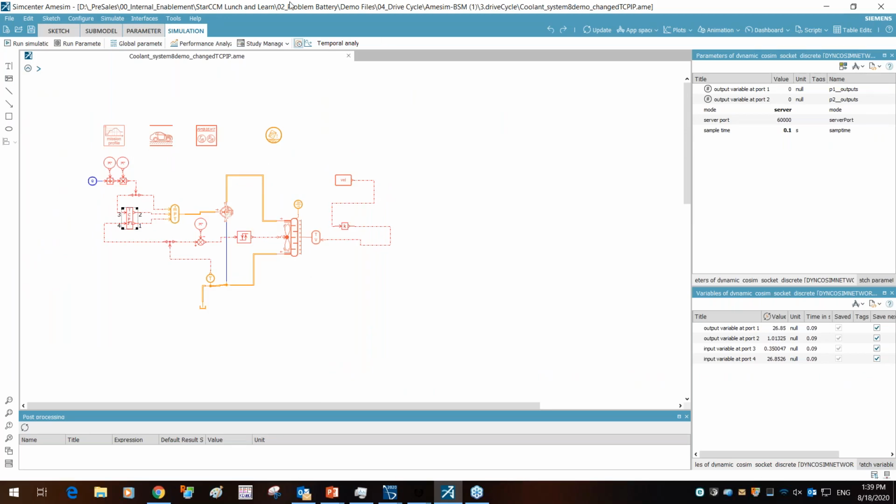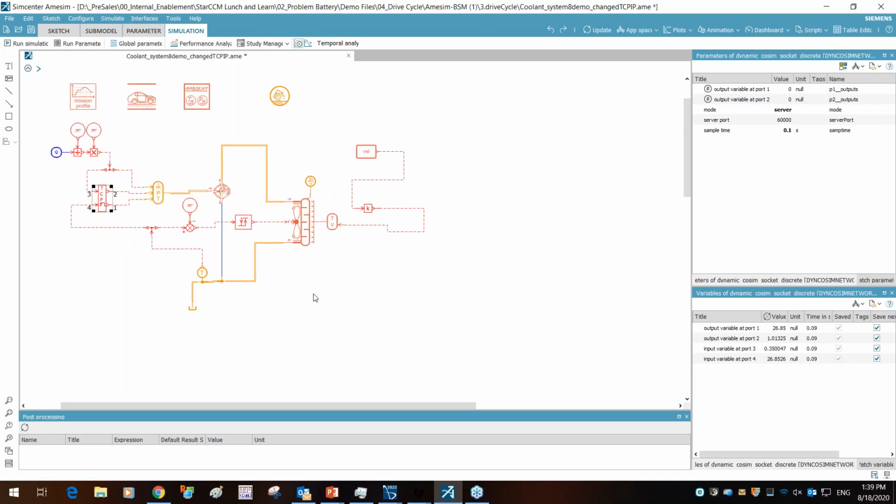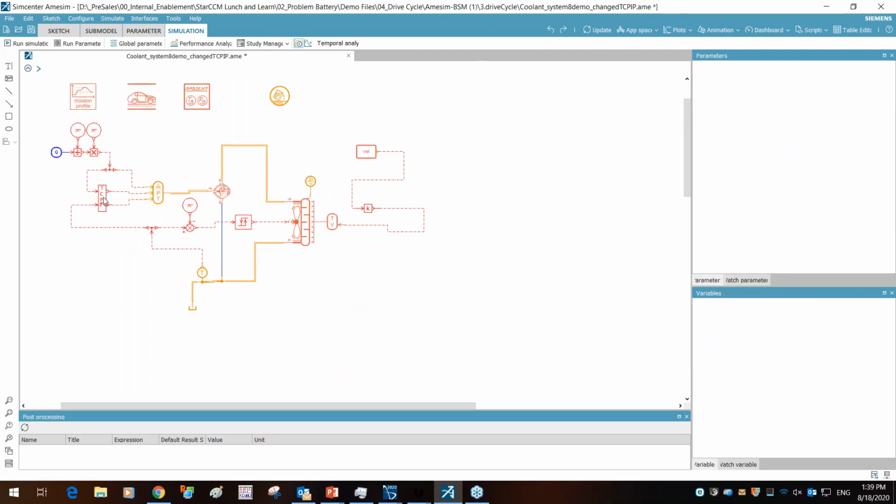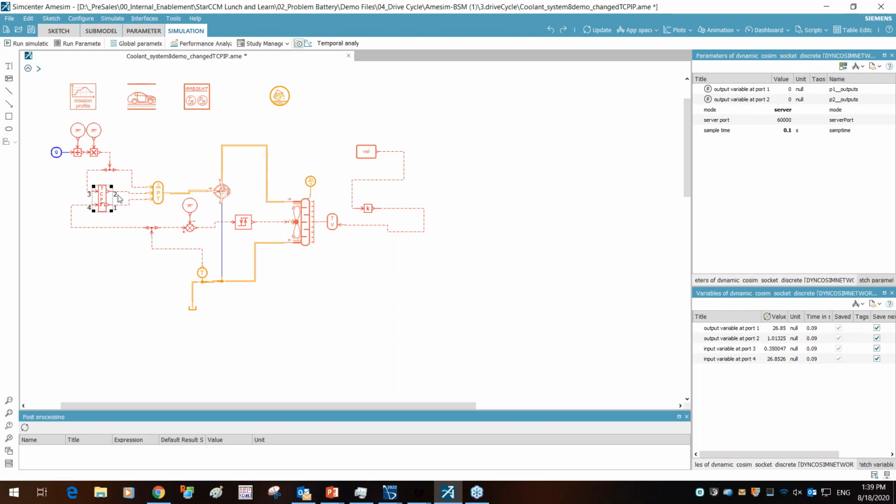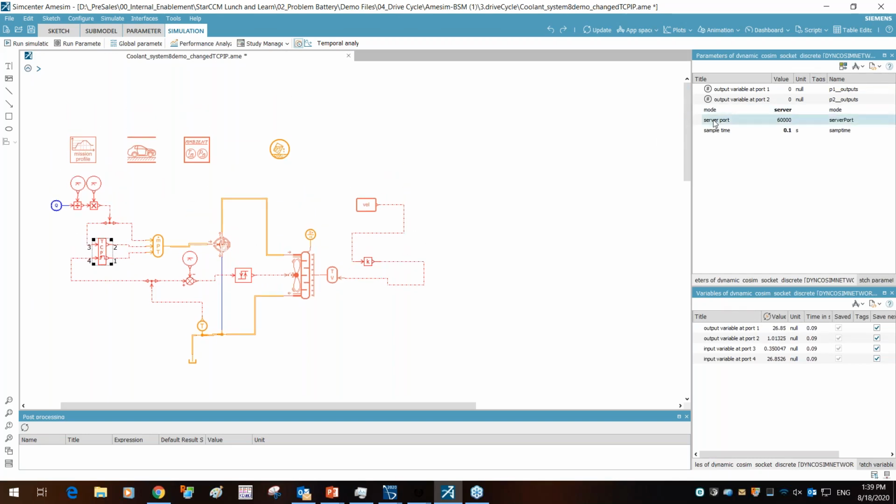As you can see over here, this is the same diagram that I had shown earlier. What we have over here is the TCP control that connects Star CCM to Amazon. It's pretty much connected through a port server. In this given example, you have different port numbers that are defined. Port number 1 is where you export the temperature.